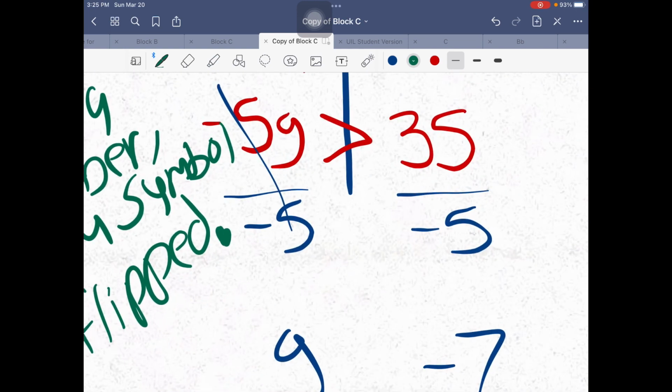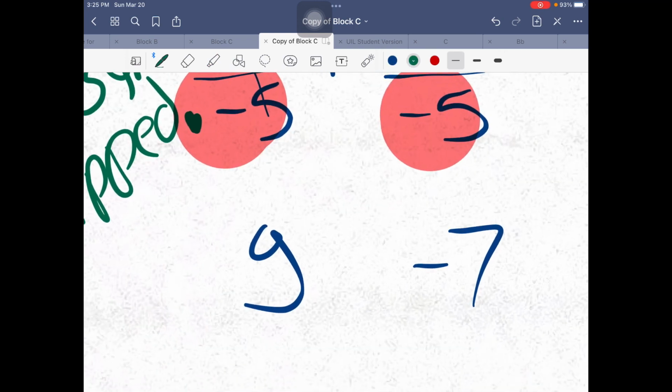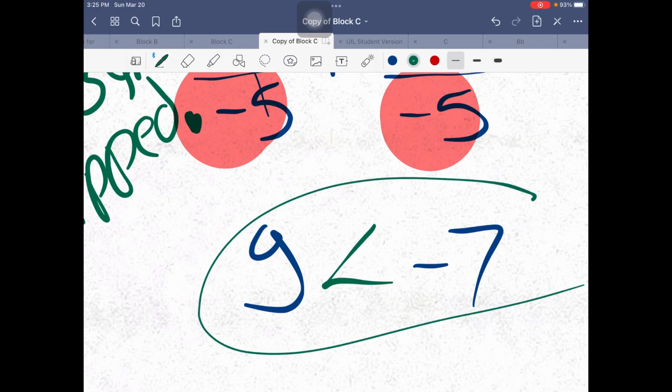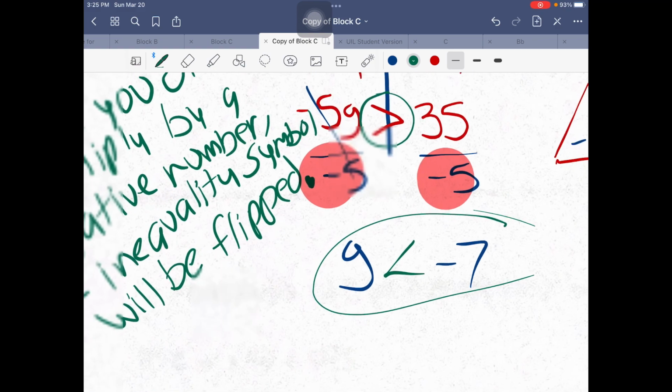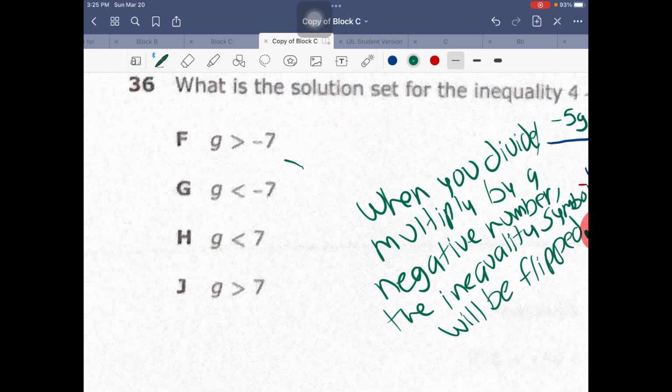Now, with that said, when you divide by a negative, instead of having greater than, we're going to have less than. And this is our answer. G is less than negative 7. That means our answer is